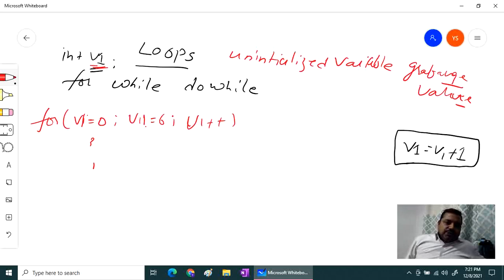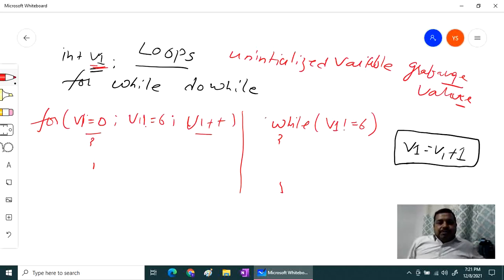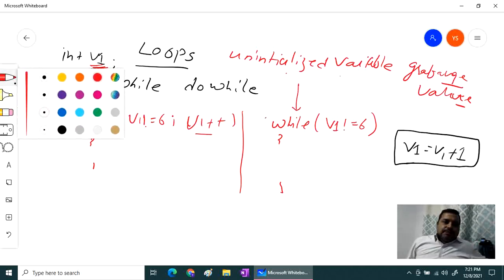At the same time, this you already understand, so I am not talking about the for loop now, but the while loop. What the while loop says is, here we just write the condition v1 is not equal to 6. That's all. We don't give an initial value, we don't give the operation in the while loop. Now I will tell you why I told you about uninitialized variables in the beginning. When you have an uninitialized variable, it can have any garbage value. It can be 0, 5, 100, 5000, 10,000, even 6 also. So what happens when your program starts execution and comes here is,